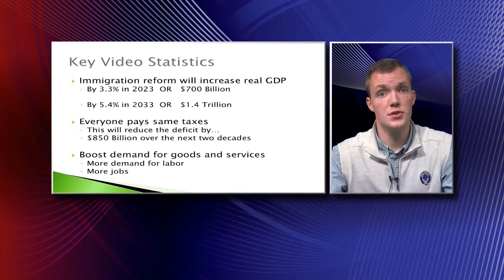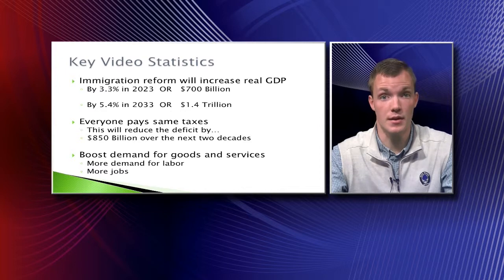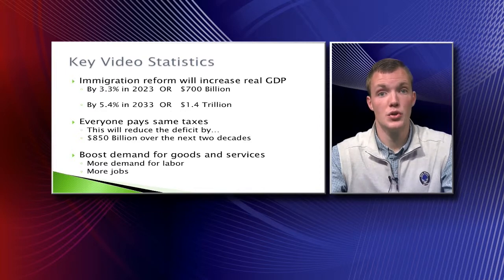The video that you just watched has some very important key statistics. Immigration reform will increase real gross domestic product by 3.3% in 2013, or an equivalent of $700 billion. 10 years after, in 2033, GDP will increase by 5.4%, or the equivalent of 1.4 trillion, which means that new